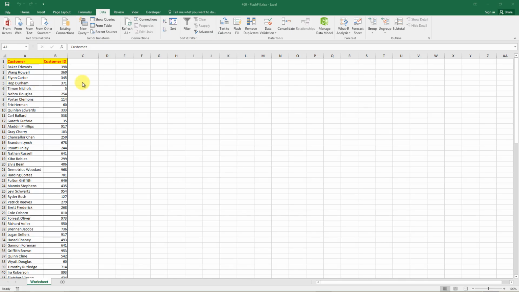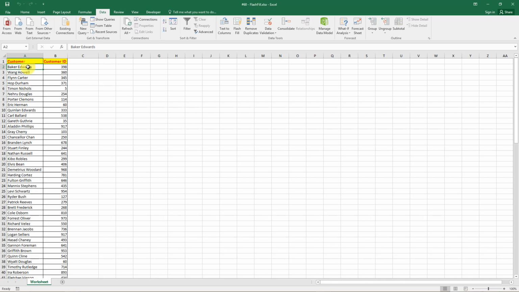Flash Fill is a powerful new feature of Excel 2013 that can help you when you need to enter a lot of repetitive information. Flash Fill recognizes a pattern in your data and works best when your data has some consistency. For example, in this worksheet we have two columns, one with the customer name and one with the customer order ID. Notice that in the first column they typed in the first and then the last name of each customer, so we cannot sort our list by last name.